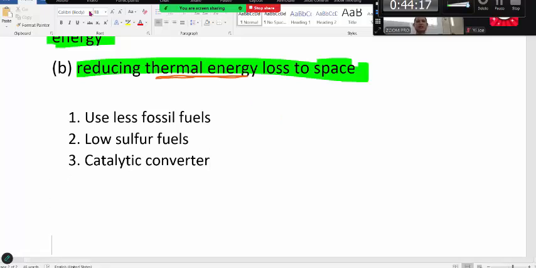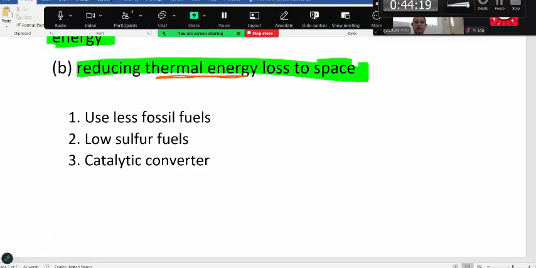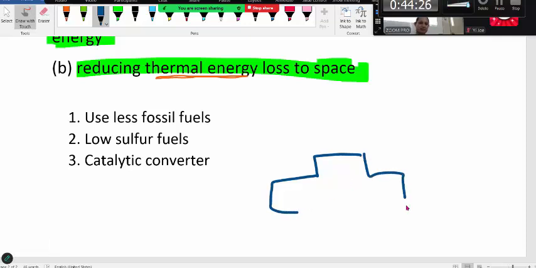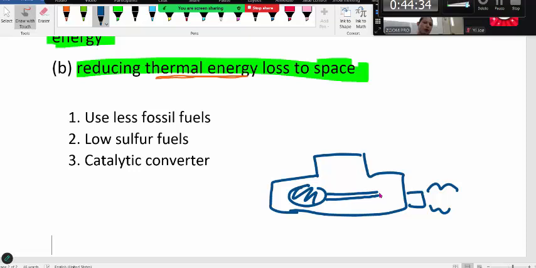Okay, what is a catalytic converter? So like this, this is the car. Here's the exhaust, right? Here's the engine. I'm obviously drawing the wrong direction, but doesn't matter. So basically, before this gas gets released, we put something here. The gas that gets released, we stop the gas by putting it through a